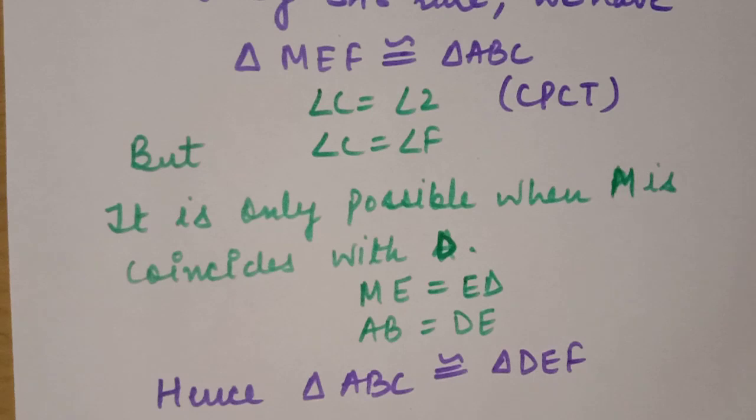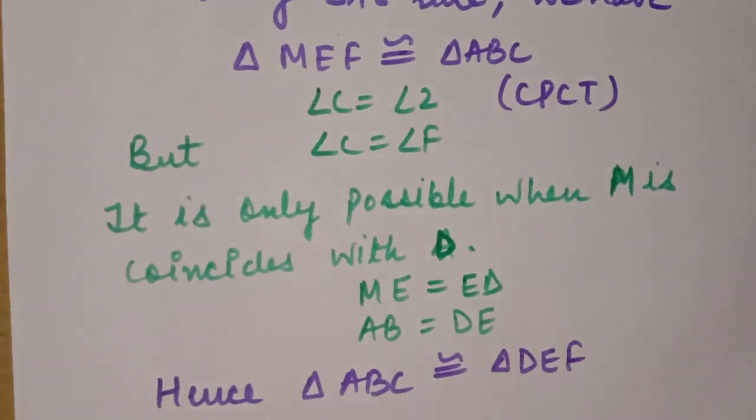So in this theorem, we proved all three parts. We used two parts from the given. We took one part with us, that AB is equal to DE. Then we converted this into three parts, because we don't know about these two sides. So we take three cases, that AB and DE are equal, or AB is greater than or less than DE. But at the end of the result, in all three parts, we proved triangle ABC and DEF are equal to each other. Sorry, congruent to each other.